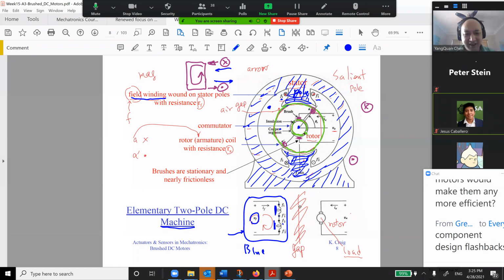So this is the gap. I told you there's a gap in here, the air gap. This side with the field excitation is called the stator. And here is the rotor side. If you give V_A, where A is armature,